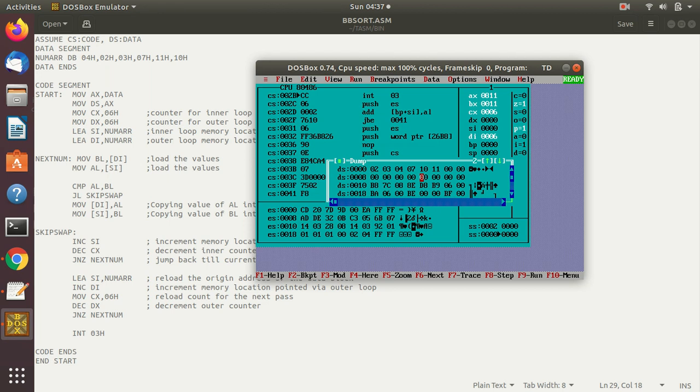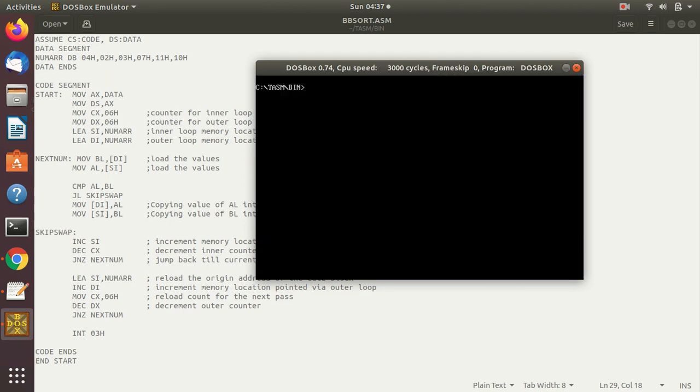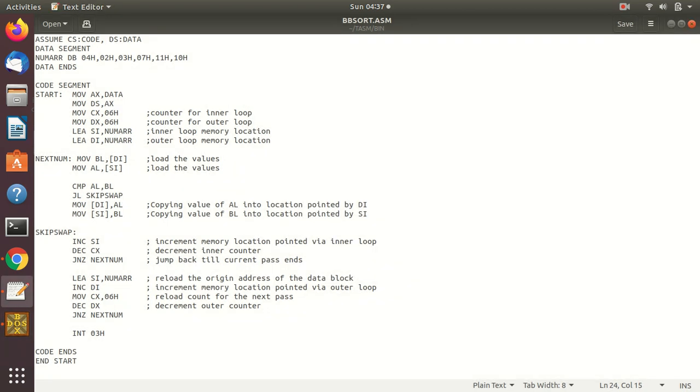And if you want to do a descending sort, for the descending part you only have to change one condition here. That one condition is this, the comparison that you are doing.